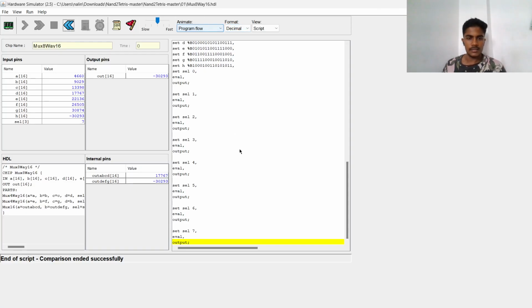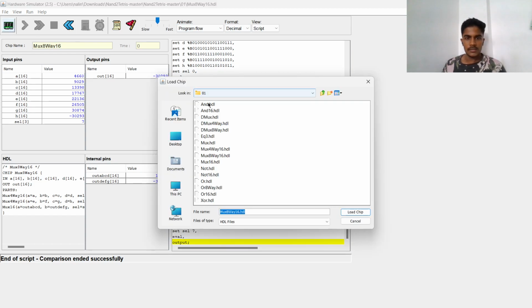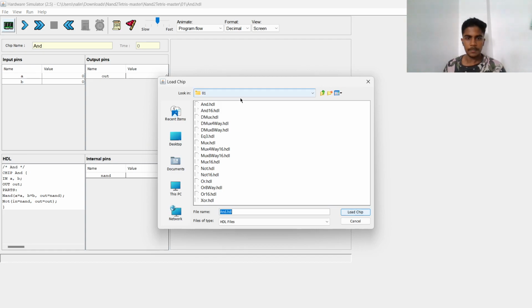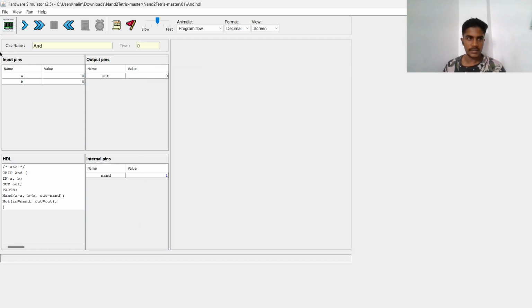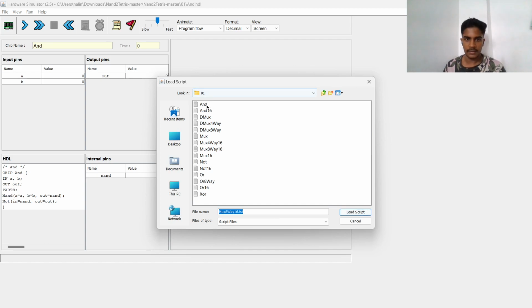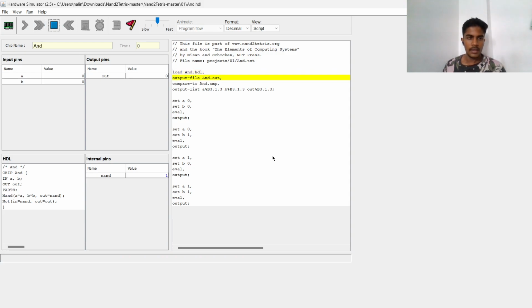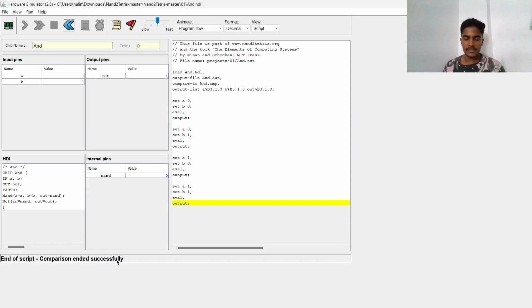So this is the hardware simulator that we use. I've already created this project, and all these logic gates are already implemented. I will start with the AND HDL. I've loaded this chip, And.hdl. After loading this, I'll go to File and load the script for AND. To check this, I'll click Run. It compares the output with the comparison file, and the comparison ended successfully, which means we've successfully evaluated the